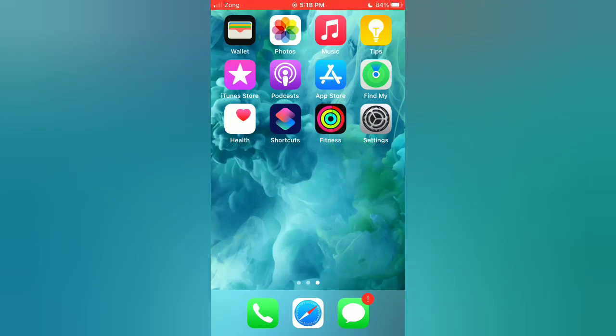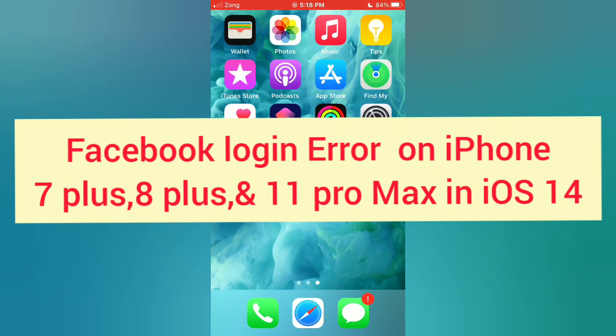Today in this video I will show you how to fix the Facebook login error on iPhone 7 Plus, 8 Plus and 11 Pro